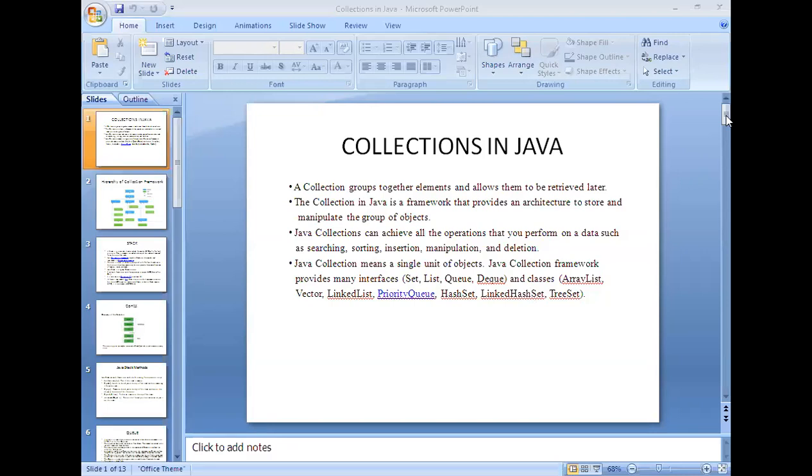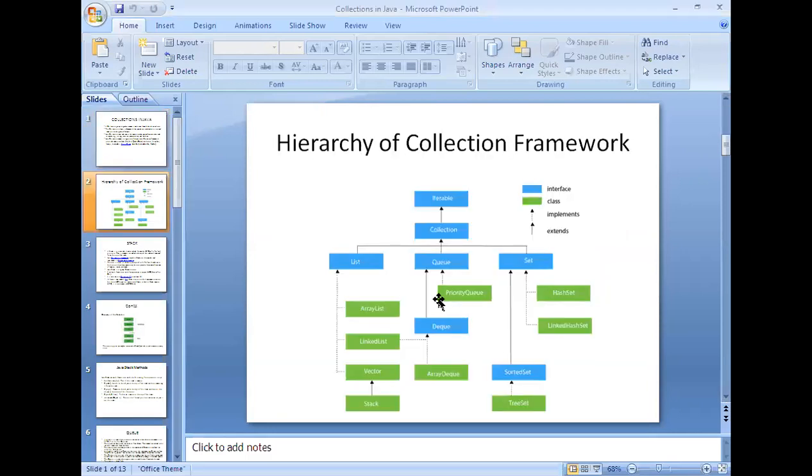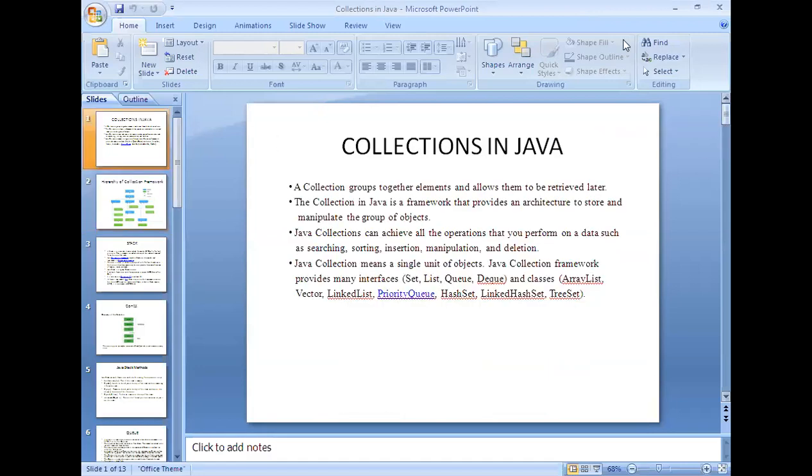Now in today's class, we will discuss the implementation of stack, queues, and sets, right? Is it visible to everyone? Okay, okay.